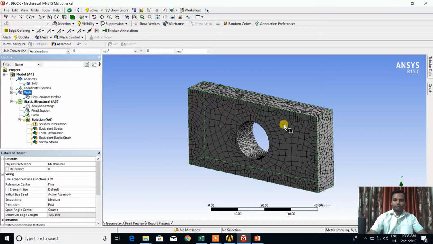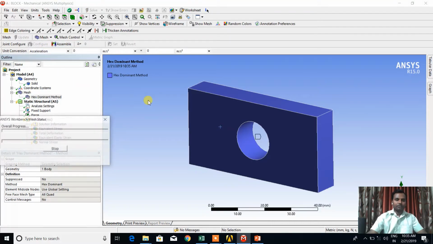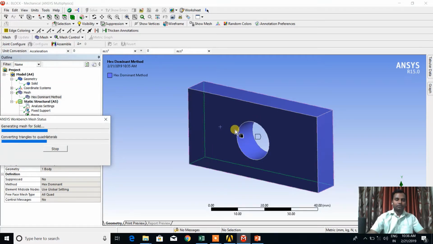It shows hexa and tetra, because in hex dominant it shows quad and tri. Instead, you can also select only quad, and again click generate mesh. Now it will not take the triangular element, it only shows the quadrilateral element.